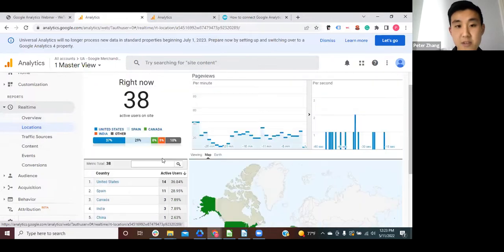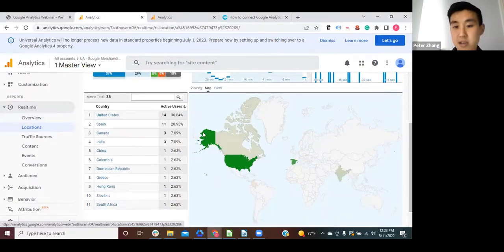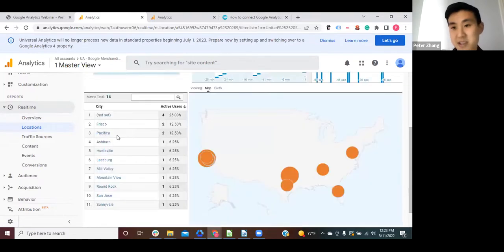But it does give you extra information, if you're really curious about locations at this time, and maybe you want to dive a little deeper, you can also keep drilling in and looking at the city that people are coming from. There are some browsers that are not set, so it's not all the information available, but it does give you quite a lot of information.